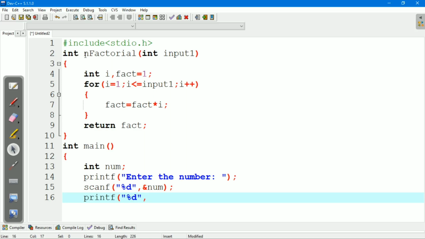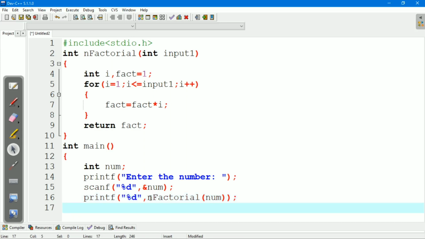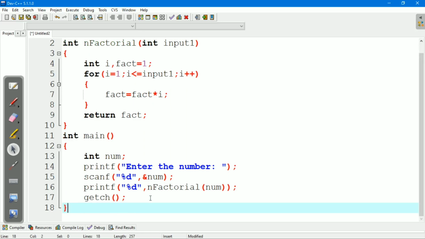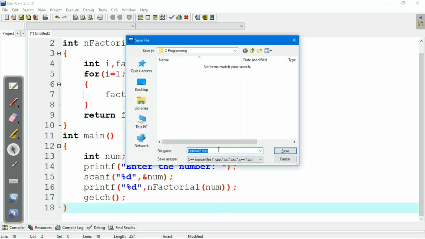Here our function name is n factorial, so we have to write n factorial, and we will pass the number as input. At last getch. Now by pressing Ctrl S we will save the program. Here we will give the program name as, let's say, n factorial.c, and after that we will select all files. Let's save.